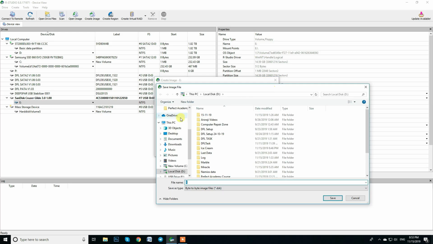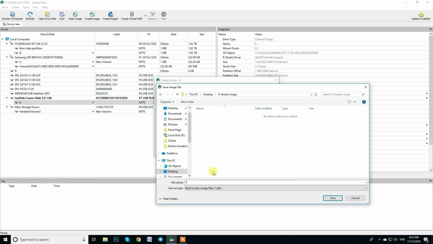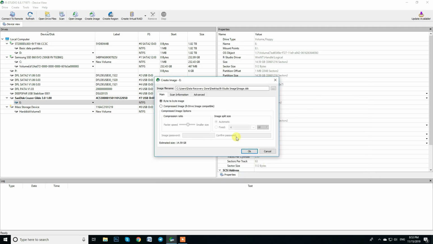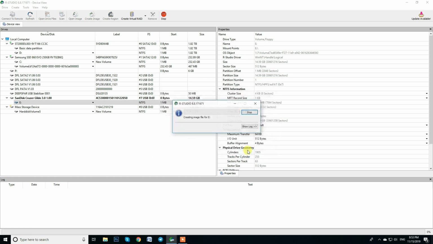Now we'll create a byte by byte image and go to the desktop, and where we created the RStudio image folder, we'll create the image there. We'll name it image as well and then save it, just like we used to recover data. There are no other options. Drive scan, drive image will start. As you can see here, once it's finished,